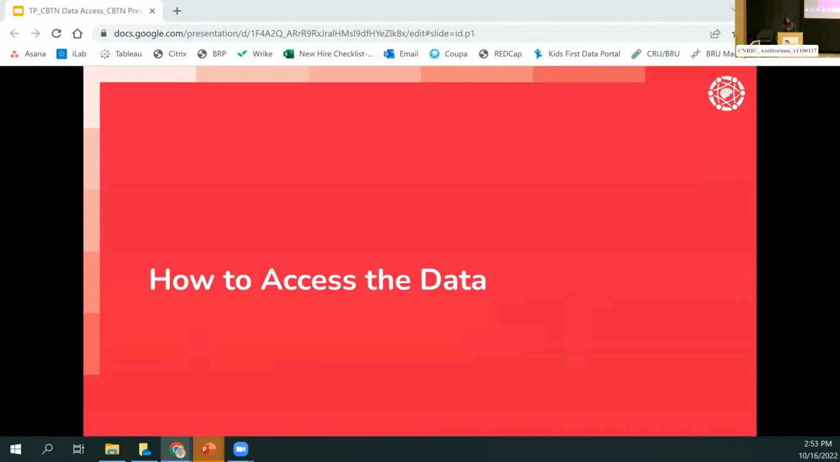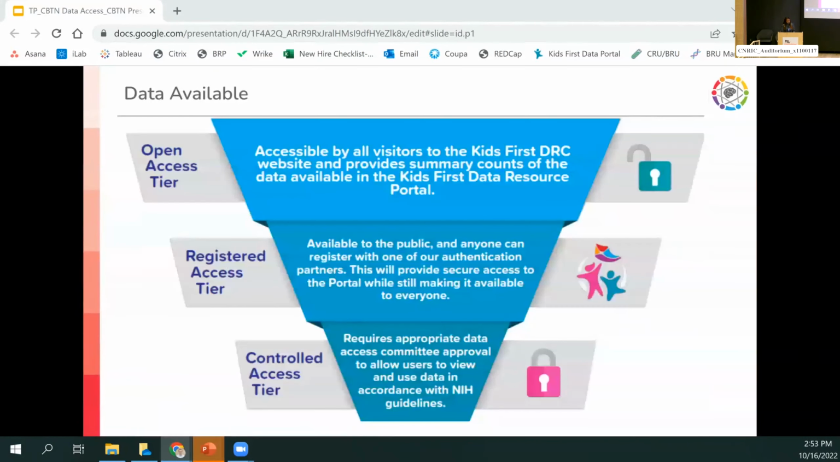So how can an interested researcher access this data? Much of the CBTN PBTA data files are protected under this three-tiered system. Some files are open access, which means anyone can come to the website and explore some of our metrics. The CBTN minimal clinical data, imaging data, and the processed genomic data are protected within this registered access tier, which means data is available to the public as long as you register to that portal. And lastly, this raw genomic data is considered controlled access and therefore requires permissions from the CBTN Data Access Committee